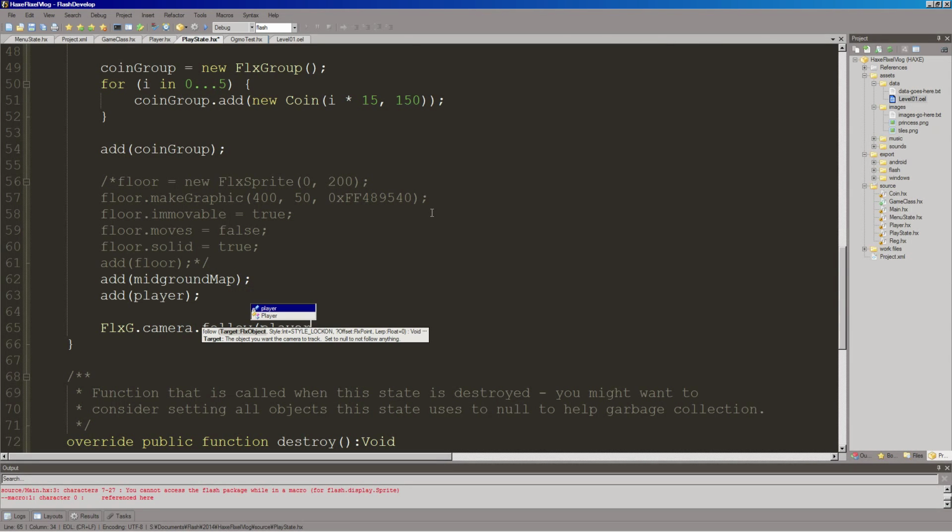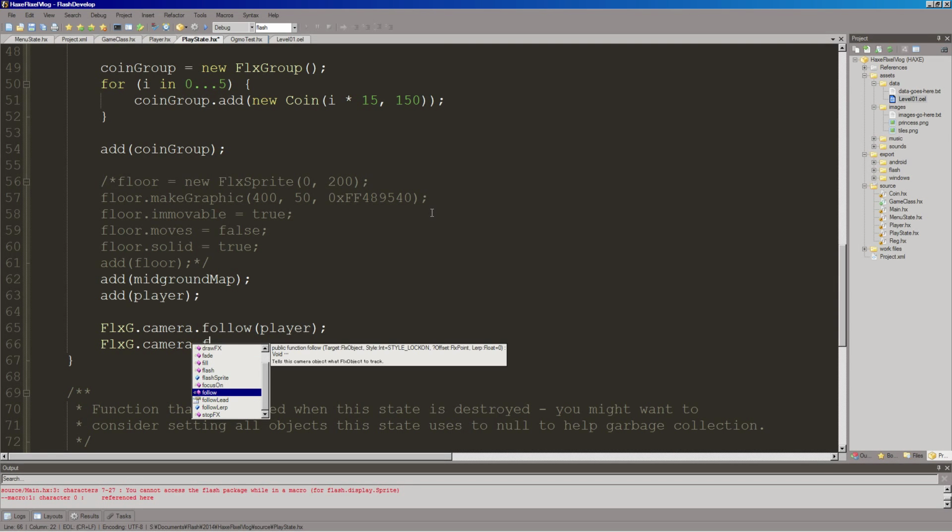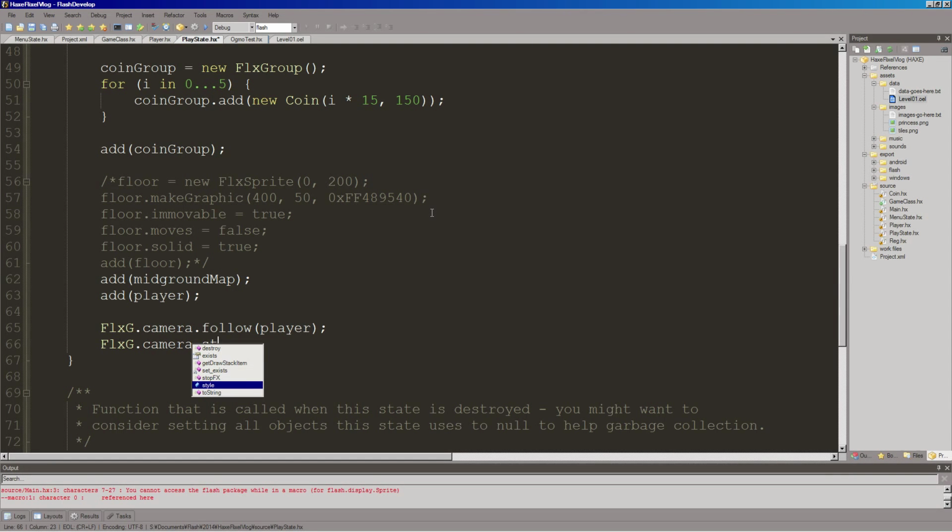That will be our player. And I think we can also set a follow style. So I think that's what FlxG.camera.follow. Let's see. I think style